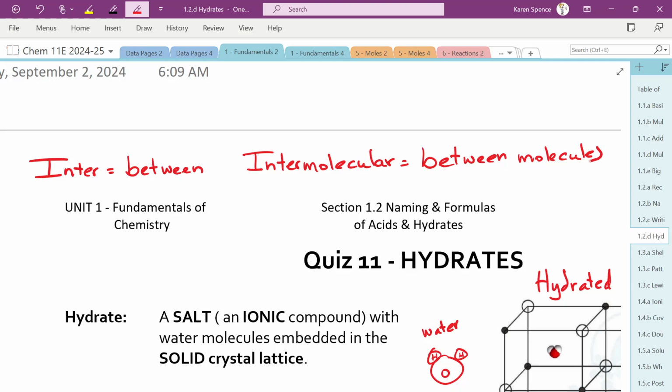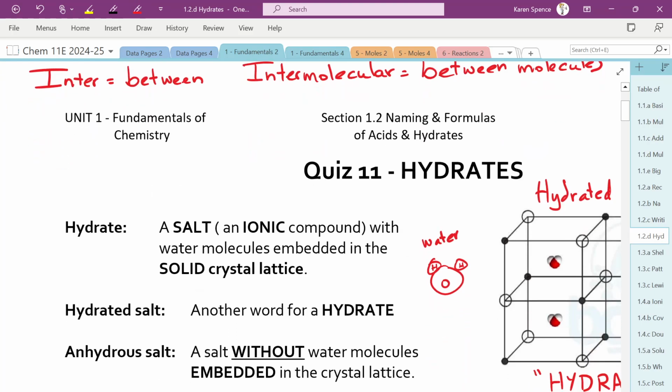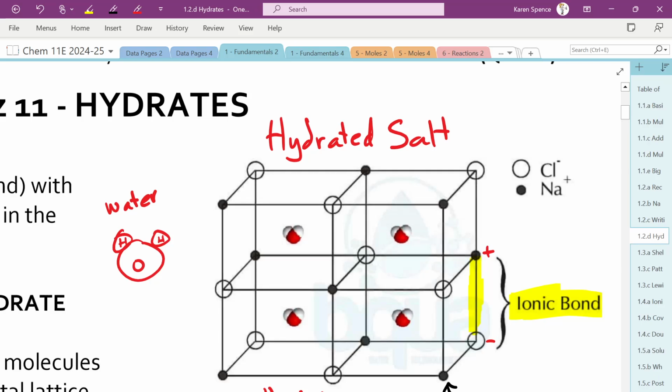Now, I really wish they'd call it interparticulate forces instead of intermolecular forces, because the ionic crystal lattice is not a molecule, okay? But we still have these forces holding this water molecule in place. Okay, so those forces there,